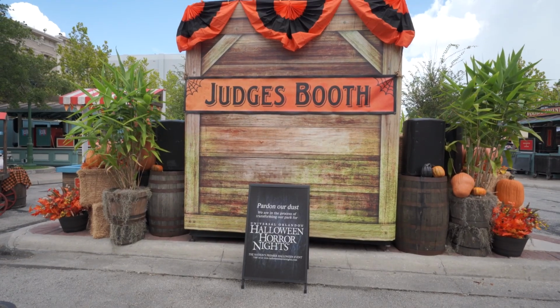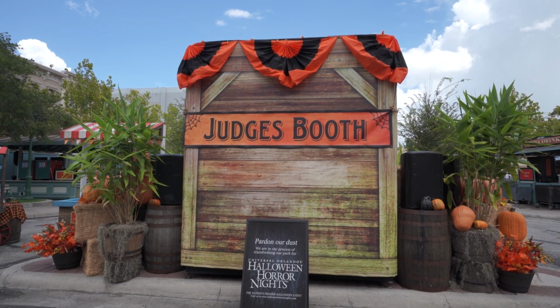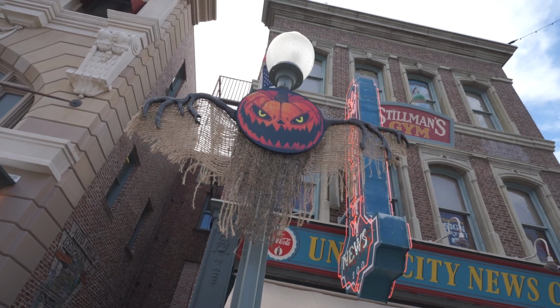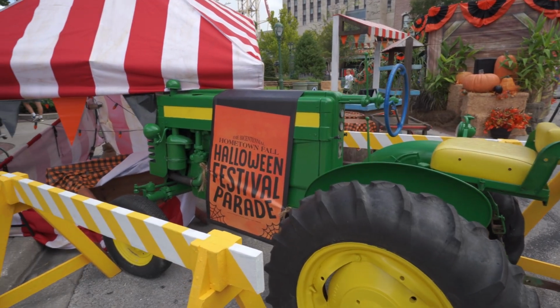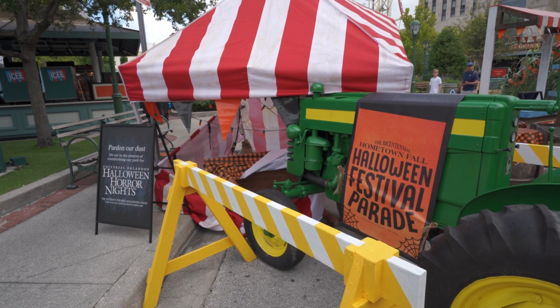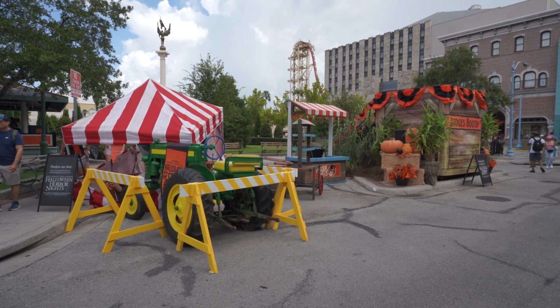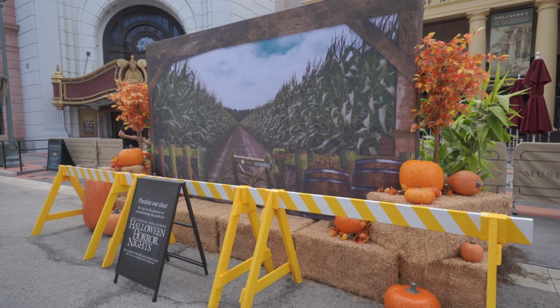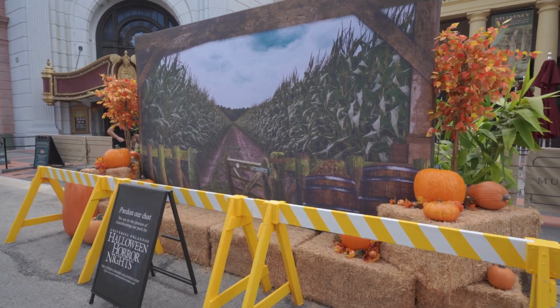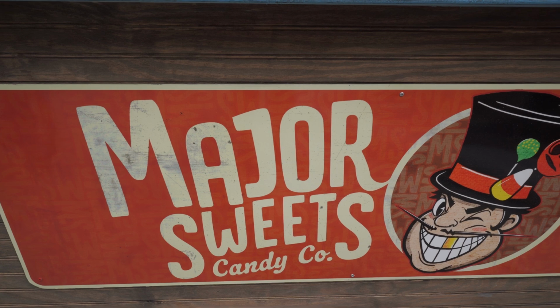And over on the other side of the park, here in the New York area, we've actually gotten a lot of brand new set pieces. The first batch of decorations here shows off what is going to be the New York Scare Zone, which we don't obviously know much about, but you can take a couple things from what we have here. We have a sort of town, county fair vibe going on. There's a crashed tractor, there's some traditional Halloween decorations, some pumpkins, a candy booth from a character named Major Sweets,